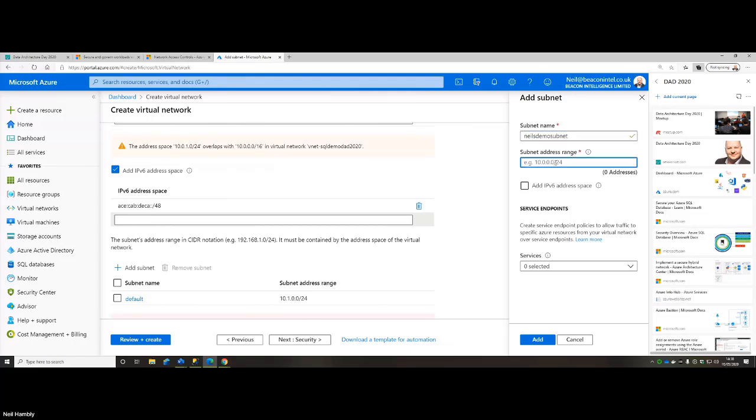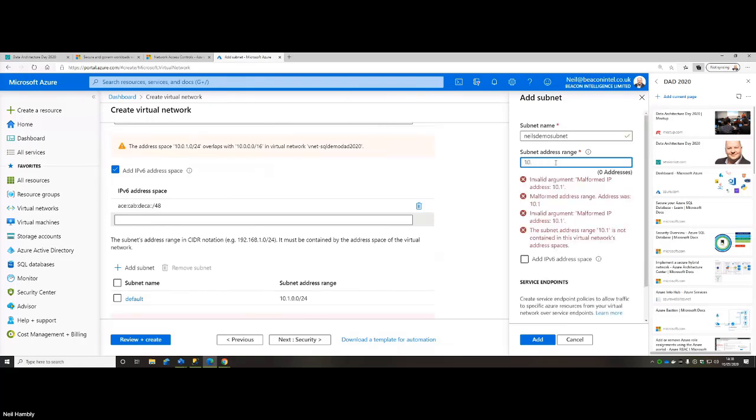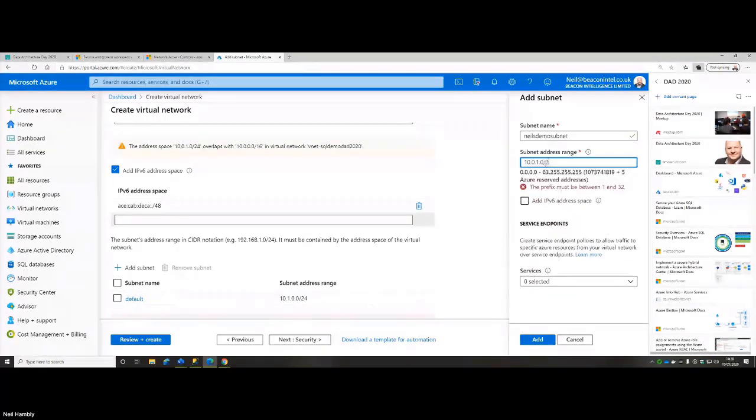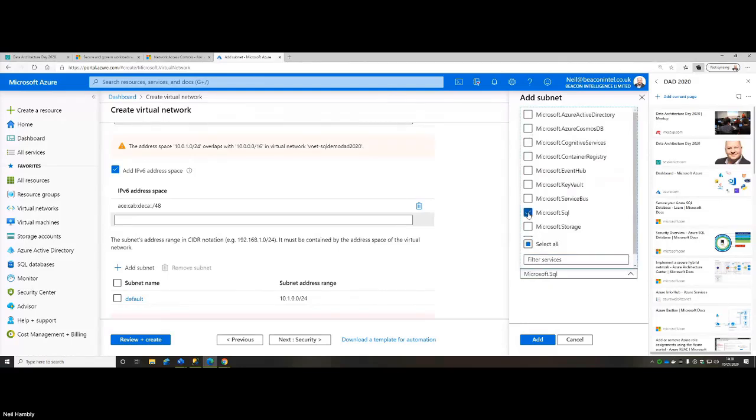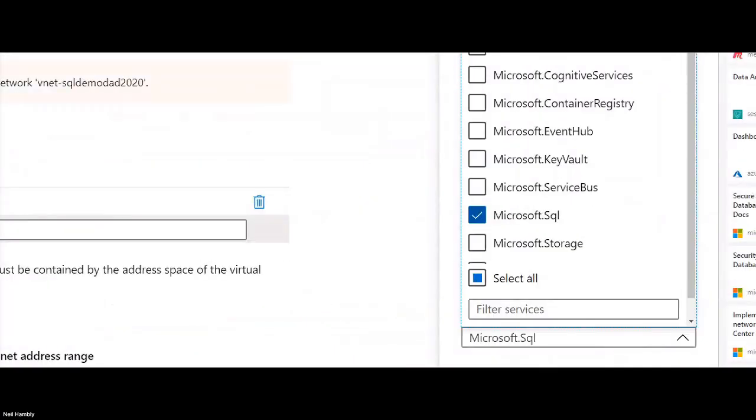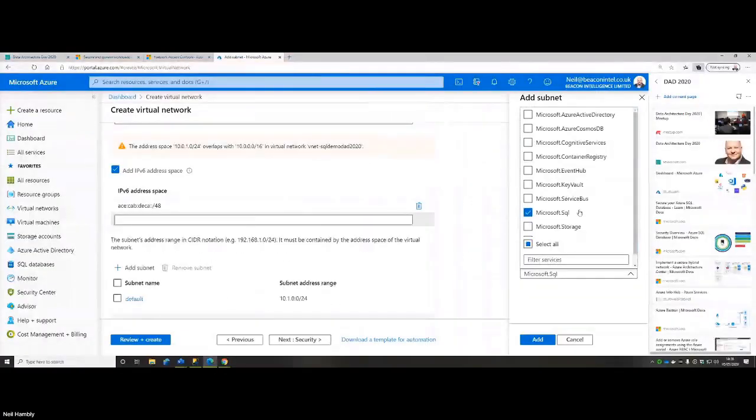And I can give it a subnet. I always want to make this smaller than what's actually there. So let me put one on there, 0.1. Oh, too many dots there. 0, and let me make it 27 there. So what I've got is just 27 addresses. On the services, I'll probably want to pick Microsoft.SQL, to say what type of service tag and service I'm going to have.